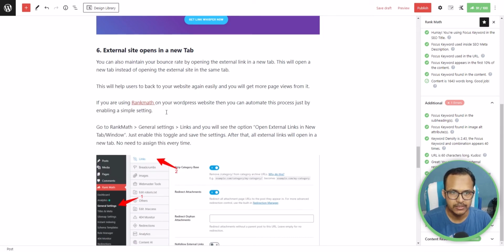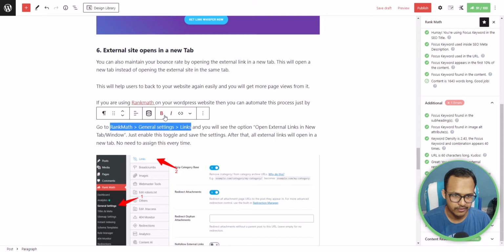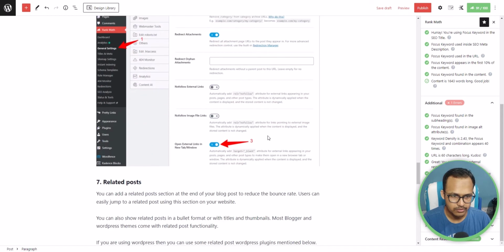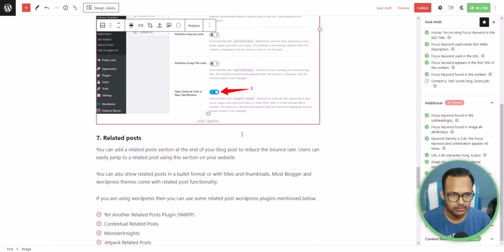So the Rank Math link is already added, and the nofollow and the sponsored tag is already added in this link, so I don't have to do it again. And I can highlight this one like Rank Math general setting links. Now let's scroll down, and